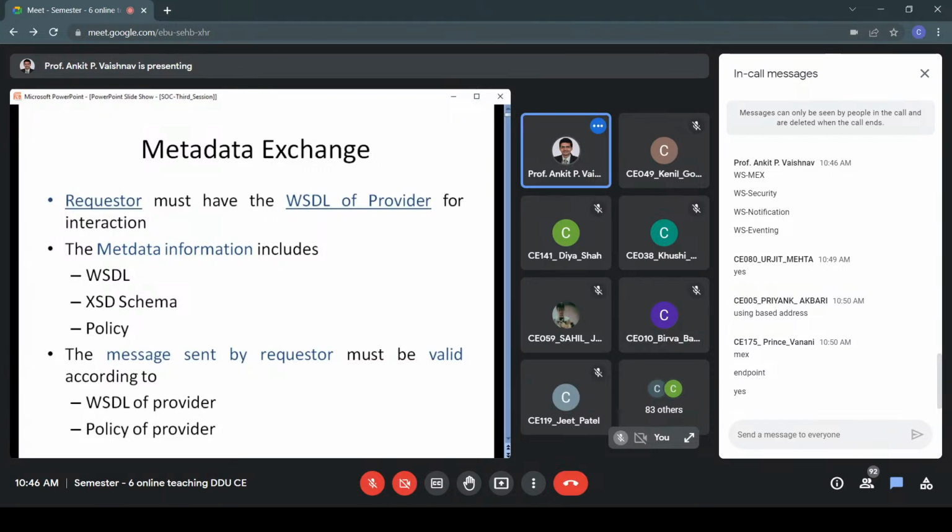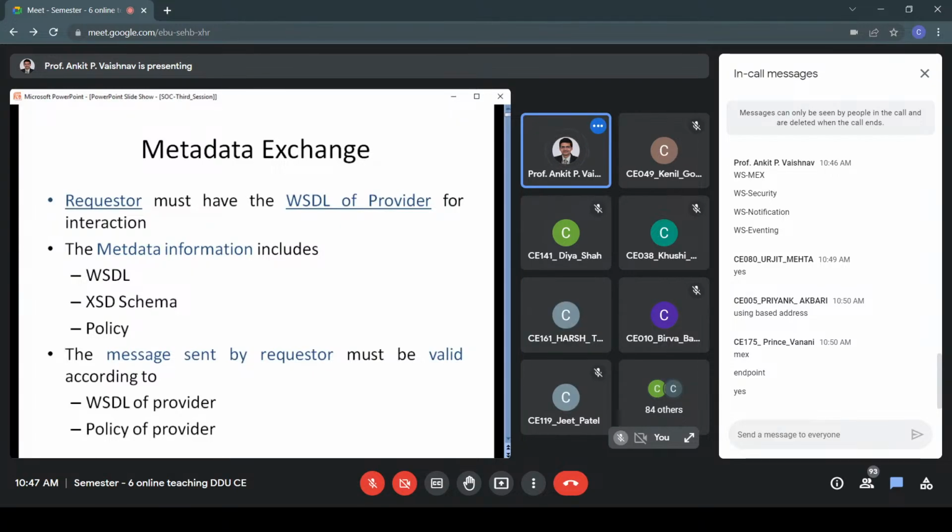So what if I want to have the XSD schemas, or I want to have the policy, or if I want to have the complete service contract? In WCF, they've just implemented a part of this. That is, you can access the WSDL file using your service reference. Remember that concept? When you add your service reference, your WSDL file gets downloaded on the client side, right? So in theory, what is there and what Microsoft has taken out from it, that's what you will now be able to compare after studying this. Okay. So basically, can I say that metadata is only WSDL?